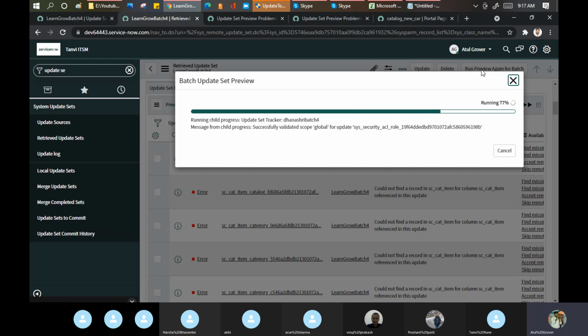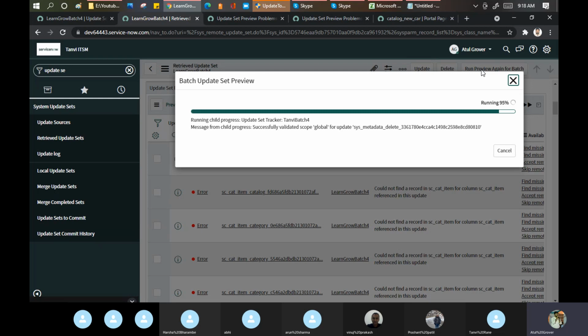Either you accept the collision, or you skip the collision. What we did as of now, as a practice, is skip it. But in practical life, don't skip the collision, because if you skip it, it can impact someone else's code as well. So in this case, you have to check with the respective developer: what change did you make in this particular table? I made these changes in this particular field, and then collectively you take a decision and proceed further.